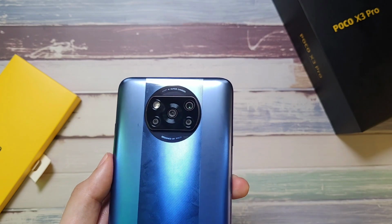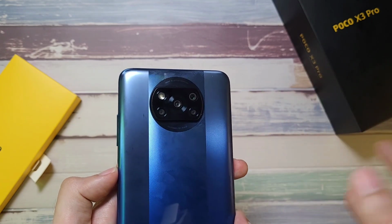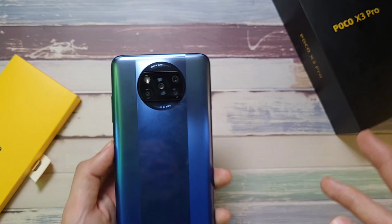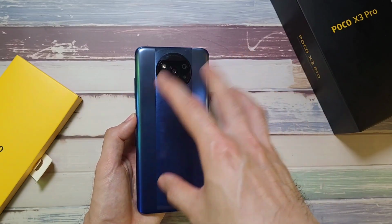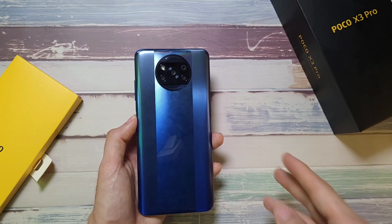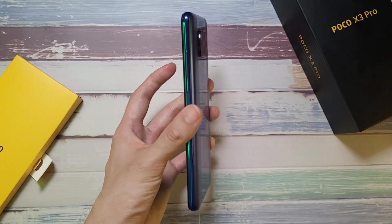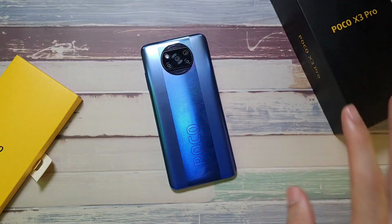So yes, in terms of the usability, I think 2 of the cameras are already pretty good. And of course, if you do want your macro shots, but it's 2 megapixels, so it's pretty much useless. Overall, in terms of camera usage, this is what you're gonna get. And I can't complain. Again, at about 899 ringgit, less than 250 bucks, you're gonna get 5 cameras on your X3 Pro. So I'm just gonna put this phone down and talk about Poco phone, because I noticed that Poco